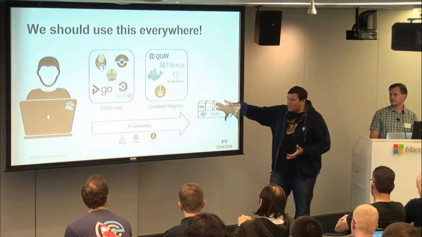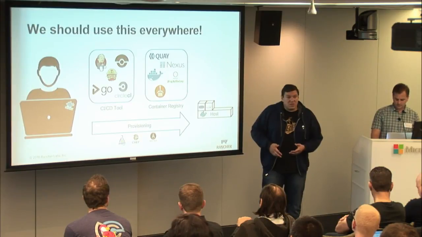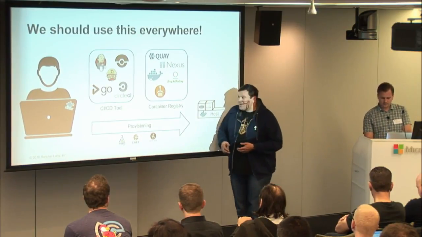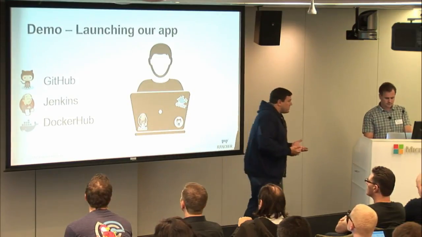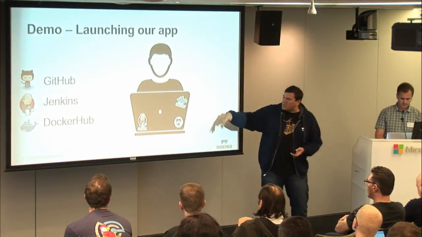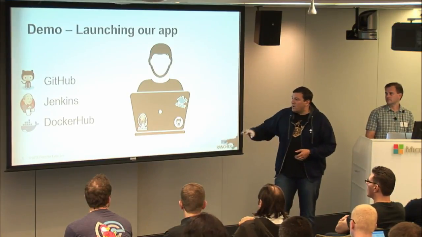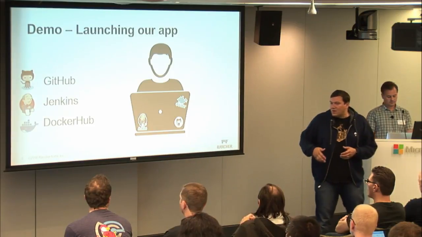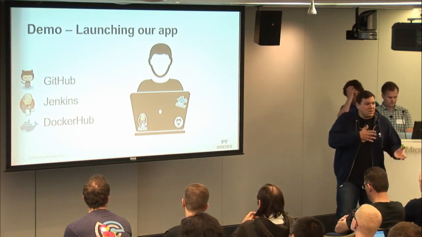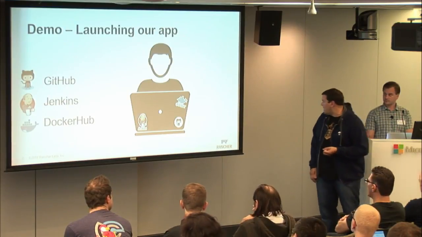So we're going to go through that and talk through that experience of just bringing up your first application, deploying it through a CI/CD, some type of source control process. So Bill's going to go through that now. In this first demo, we're just going to bring up a simple Python application running on Postgres, but we're going to show how Git, Jenkins, and Docker Hub work together to allow you to take some piece of code and push it out in containers onto a server.